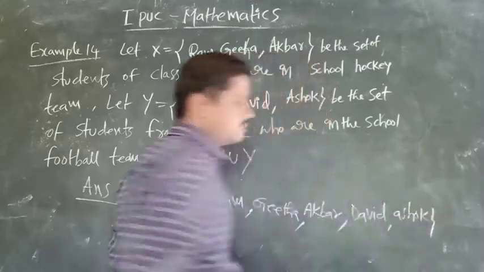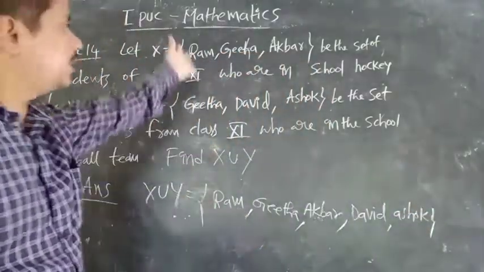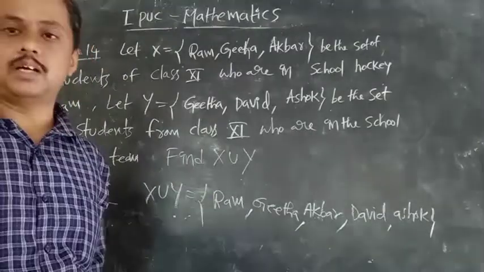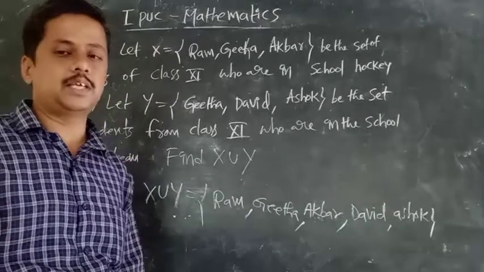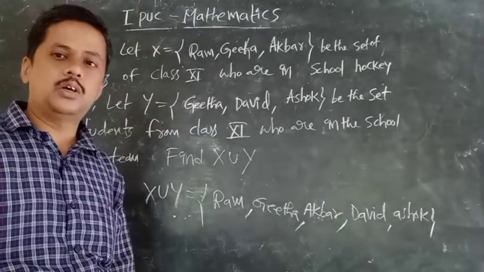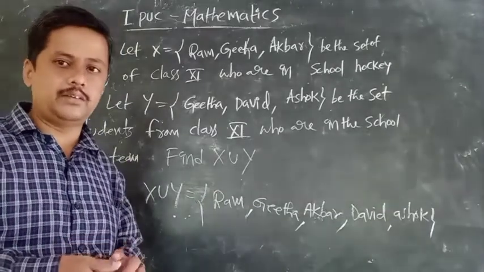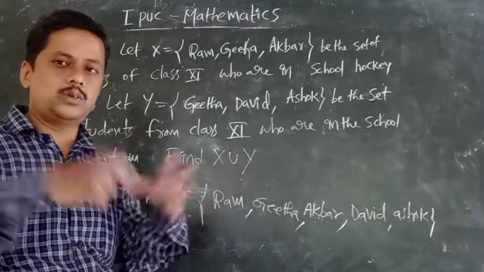Okay, this is very easy. See, the question is very big, but the answer is very small. Understood or not? So therefore X union Y is like this. These are some examples, so the concept will be clear, I think. Okay, union means taking everything from both sets.